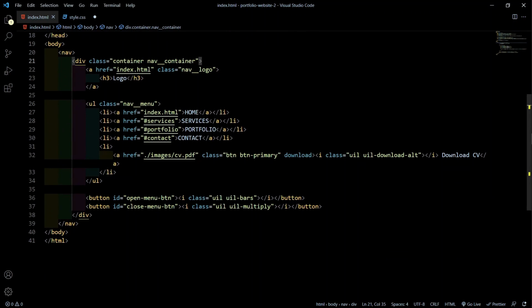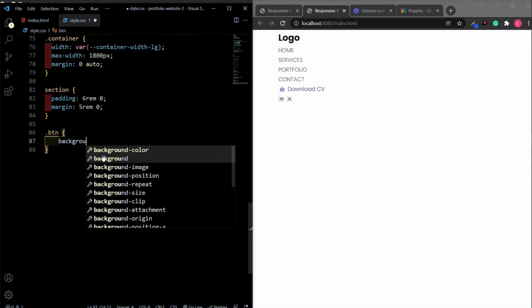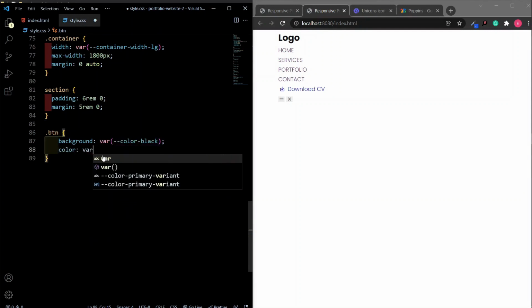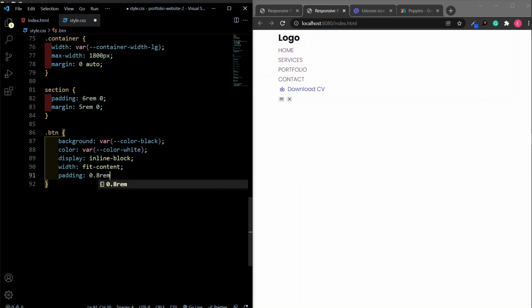Now we are going to have some classes. Let me see, I gave this a class of btn and then btn primary. Every btn class is going to have a background color of black, and a text color of white. Let's display inline-block, and the width is going to be fit-content, so it's exactly the width of its content. Then let's give it some padding, so there's some space around it, which is going to be 0.8 rem for the top and bottom,